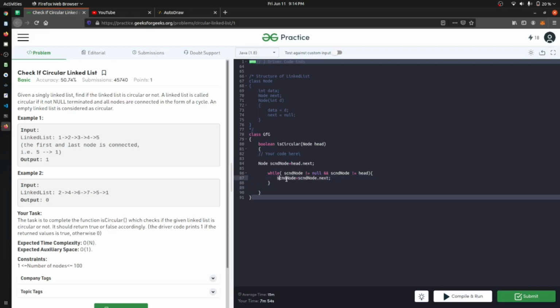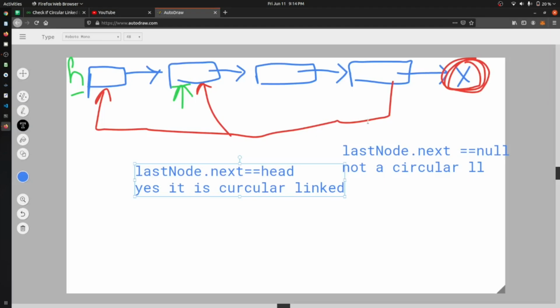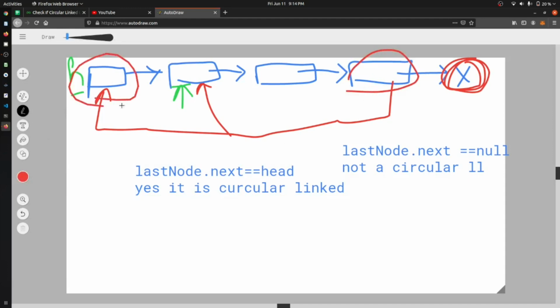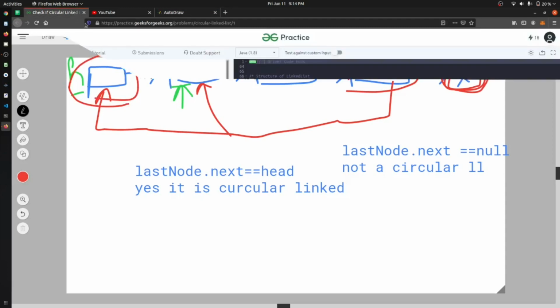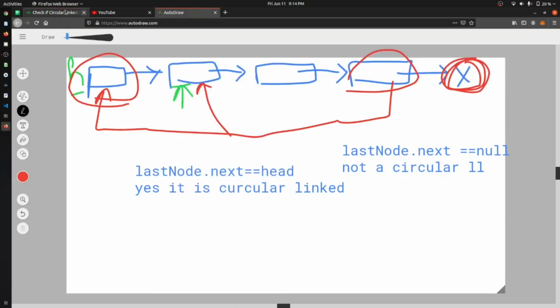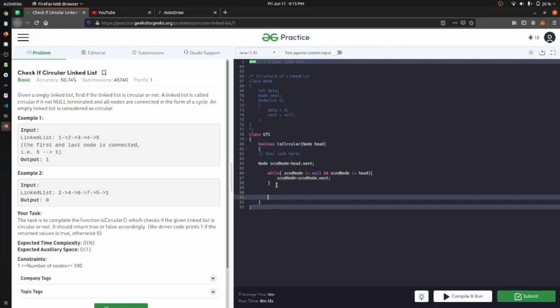After this iteration, my second node will either be at the last node or at the head. So I will check second node double equal to head, and this is a way in which you can directly return it.